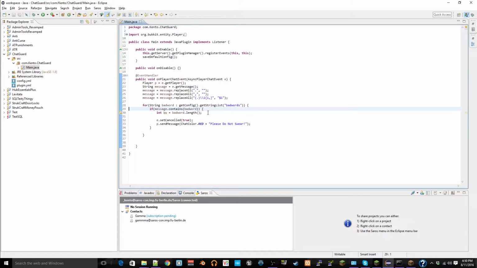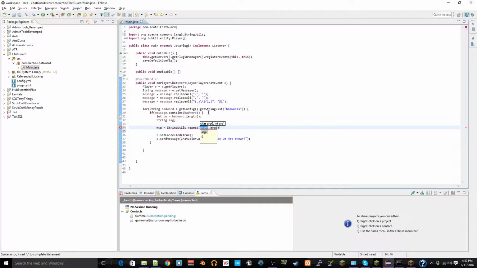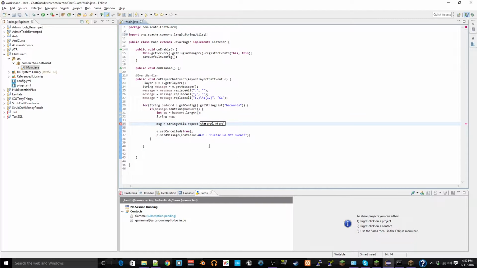So that's pretty much how that works. Then after this, we're going to want to do string MSG, and that's all, no equals or anything. And then right here, MSG equals StringUtils.repeat,